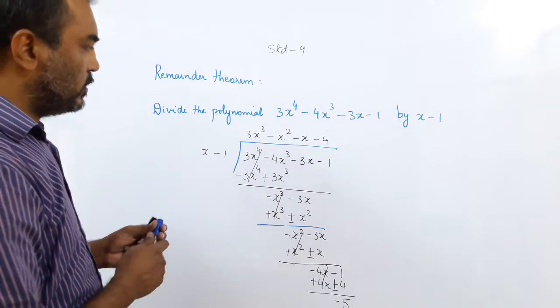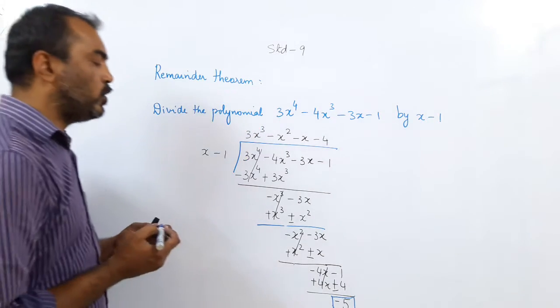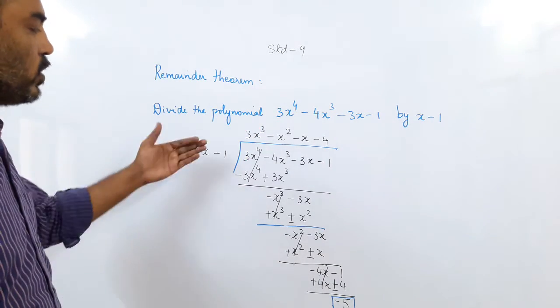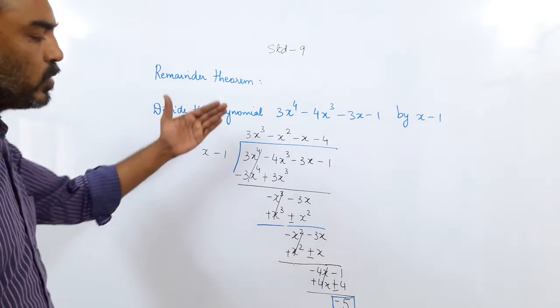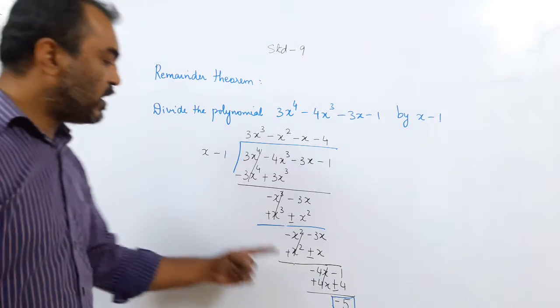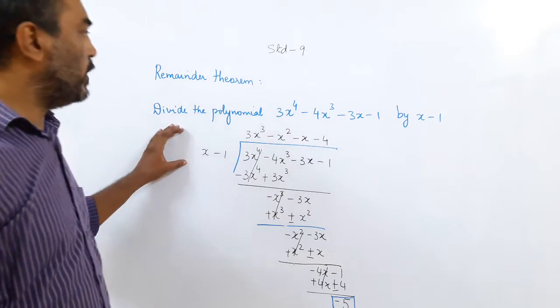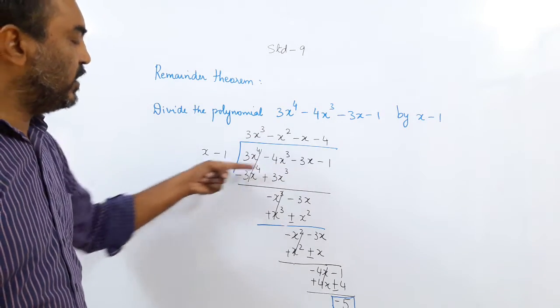Can you see? So this division method, I am telling you again, is new for you. See the video two or three times, repeat this, understand this, and one time without looking, try out the same thing and see if you are getting this answer. So what do you get as the remainder? Minus 5.